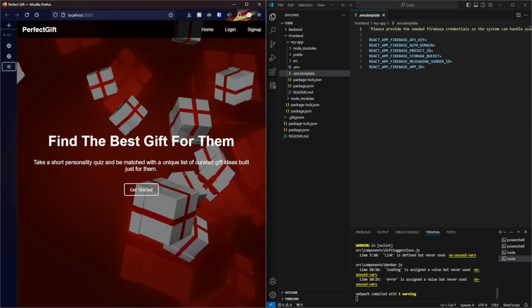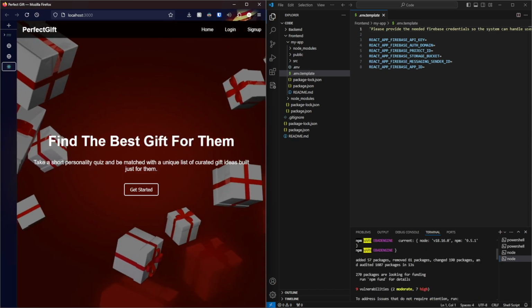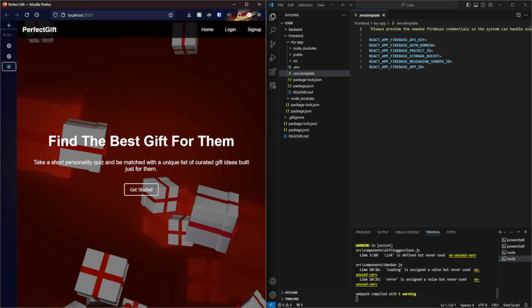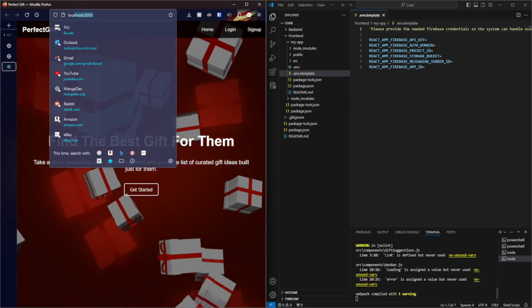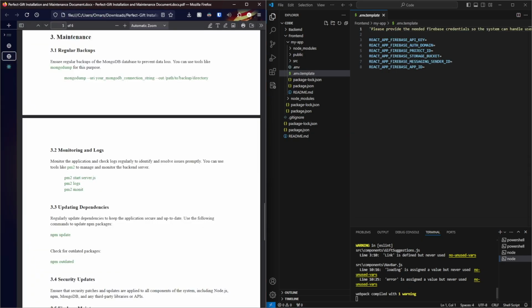And as you see, the website does start. And another thing is you can tell from the startup process that the server is starting up on port 3000 right there. Now, in terms of maintenance, you can perform maintenance by ensuring regular backups of the MongoDB database